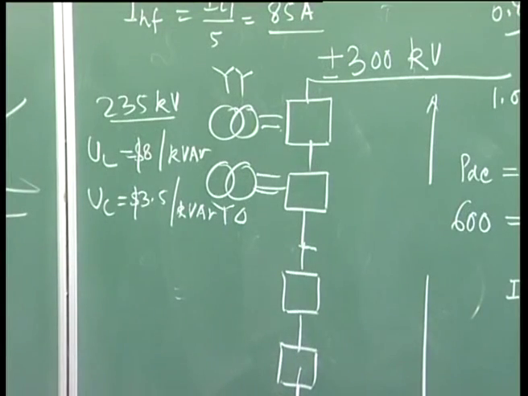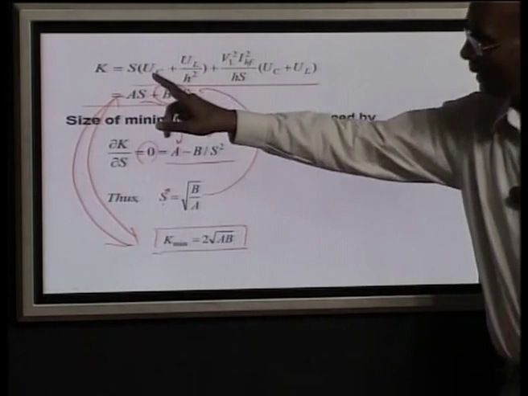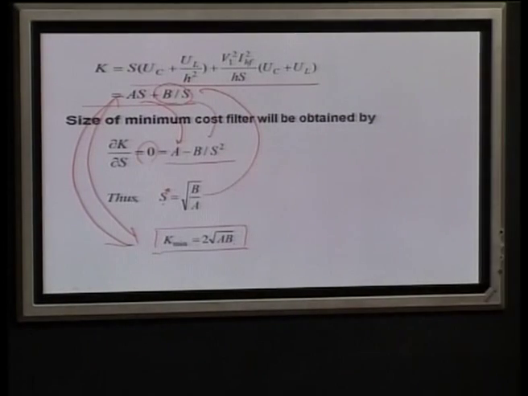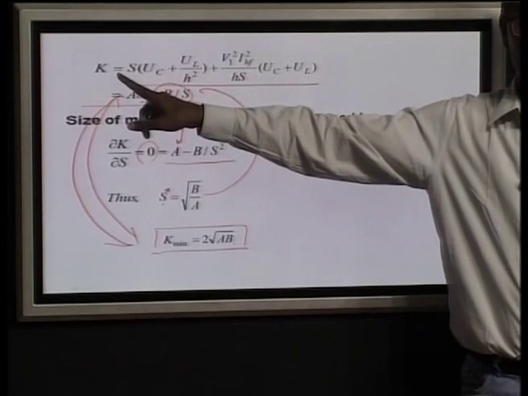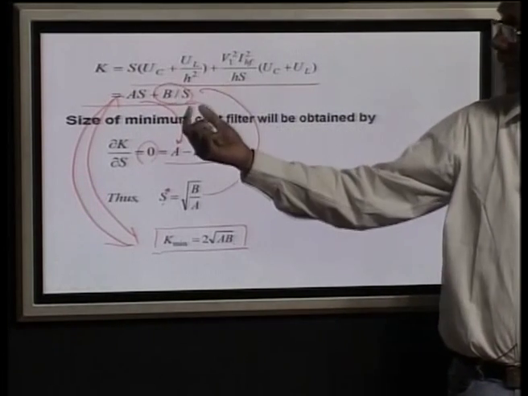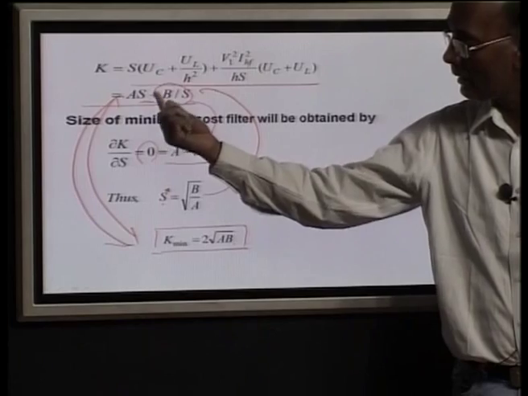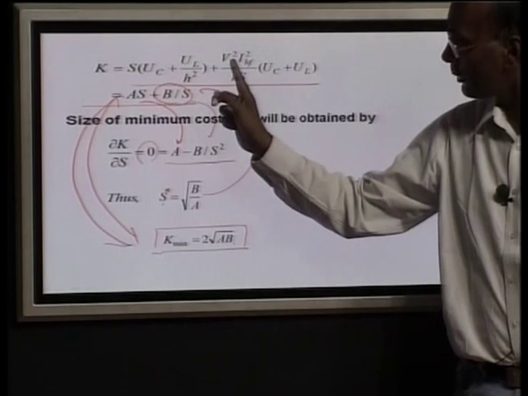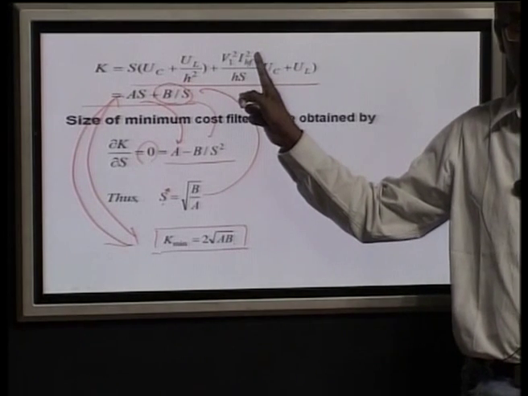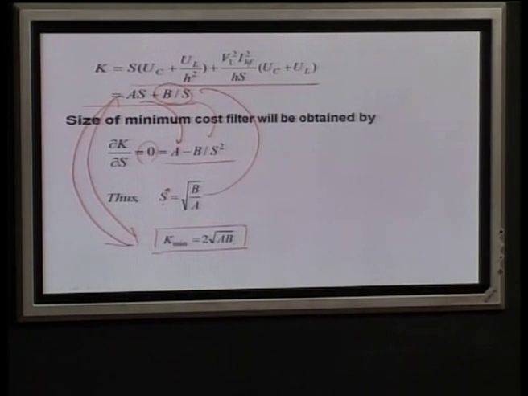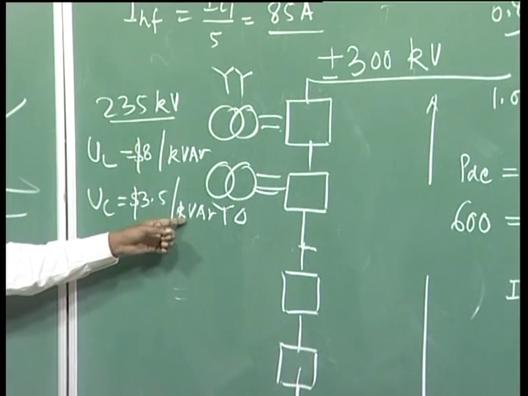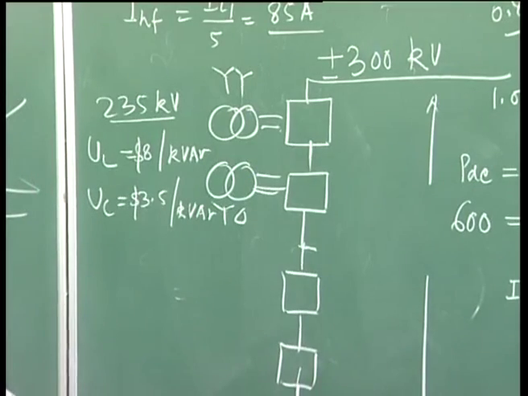So, here if you are multiplying this value, now S, if you are not changing it to MVAR, your cost will be in kVAR. Means how you are taking this S value: if you are taking it in K, then you have to go in kVAR. Otherwise, this kVAR you have to convert to MVAR. Then you can put it directly, no problem.